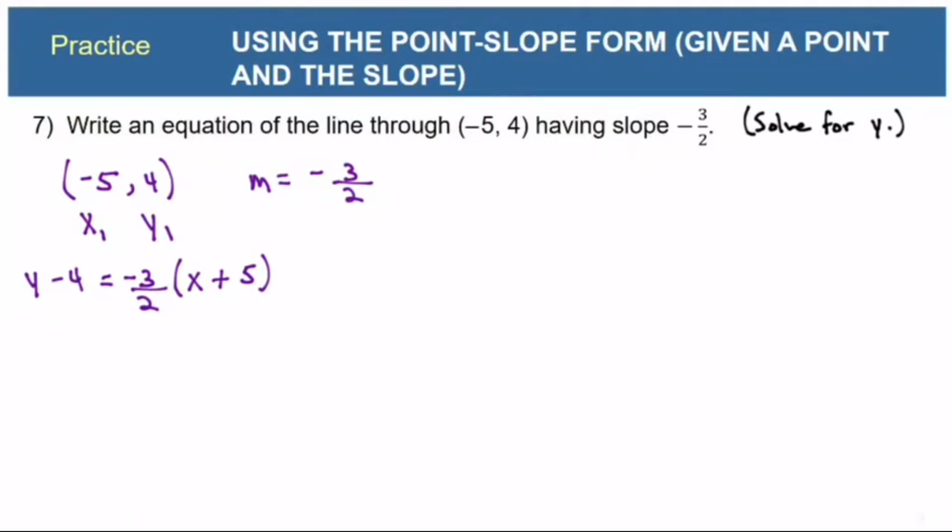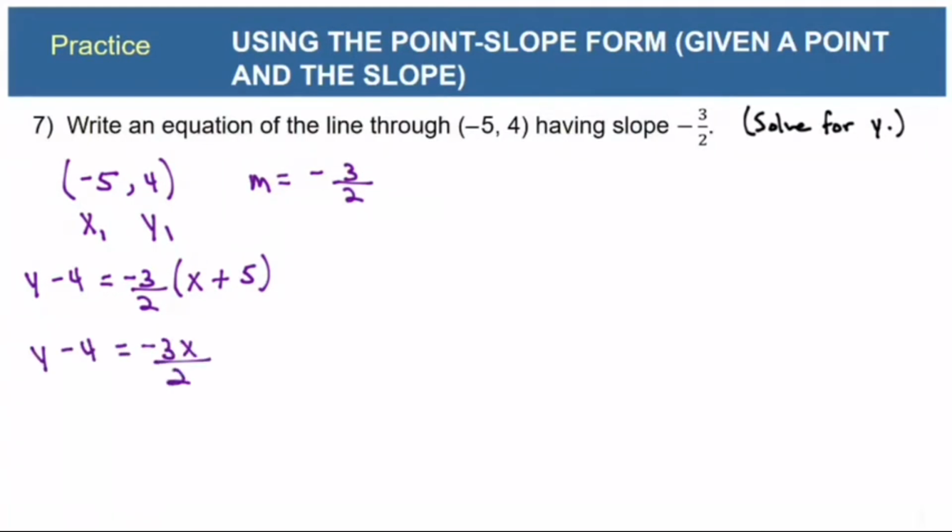So probably the easiest thing to do is go ahead and distribute this fraction and just keep the fraction. I think if you try to multiply both sides by 2, you do eliminate the fraction, but you have to divide again by 2 in the end, and it just turns out to be a lot of work. It turns out to just kind of be the long way around the barn. It's easier at this point if we distribute the -3 halves